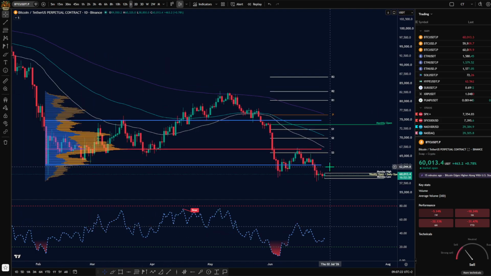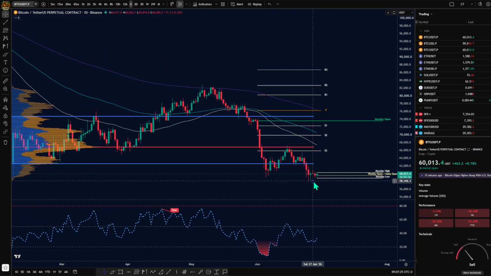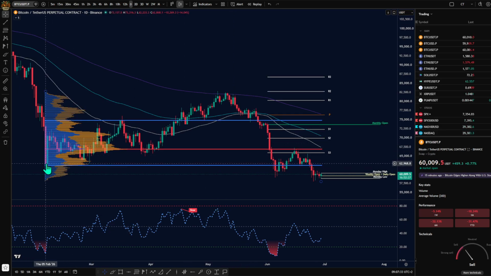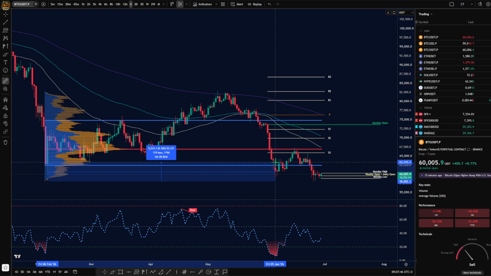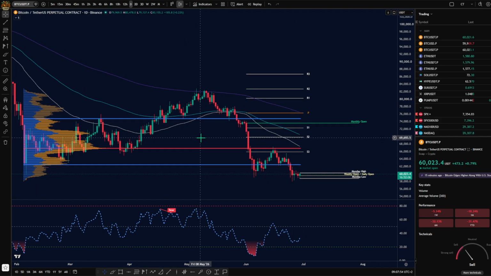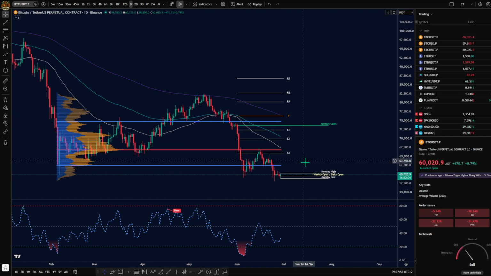Starting off with the Bitcoin price, of course, you can see right here we're still trading below this range. We are trading below the value area low of the range that we have been trading ever since the drop back down to 60k, basically below 60k at February 6th of 2026, and we have been in this range for about 190 days before losing it for the first time, and right now we have been trading in around this range for 143 days.